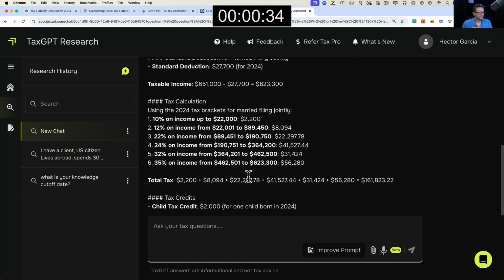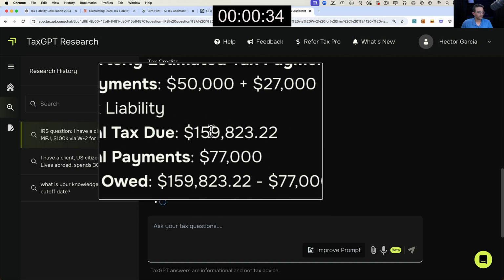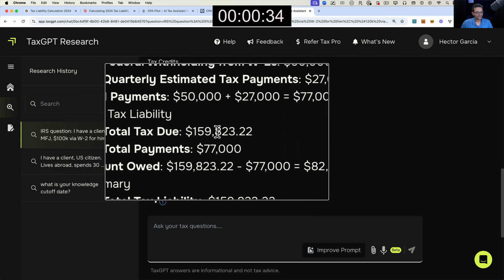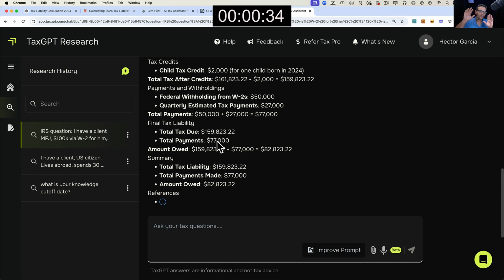Okay, still working through. Let's see what happens. This one's saying there's 159,000, the total tax liability minus the 77. So these are all hovering around that 150 to 173 number. If this is inaccurate, then obviously it's meaningless, right? If it's not accurate, it doesn't work. If it's within $5,000, I'm generally okay, but a $20,000 swing, I wouldn't be okay with that. The focus here was mostly to figure out speed. I'm sure accuracy is something they'll figure out, but speed is one of those things that has a lot of people thinking about this really hard.